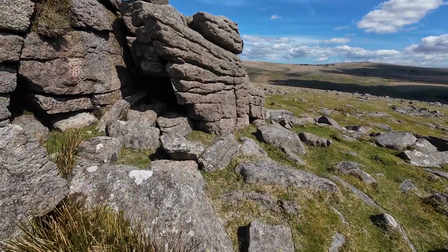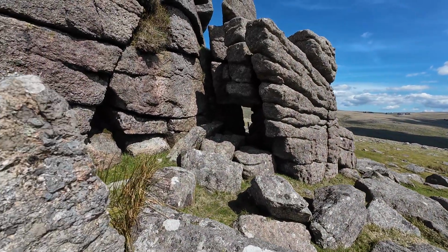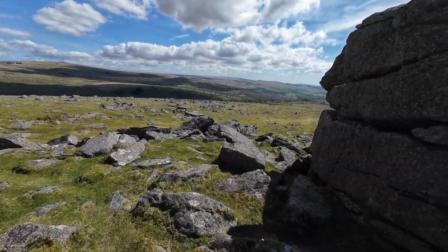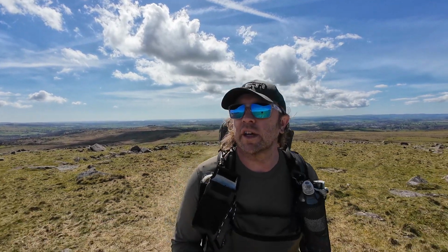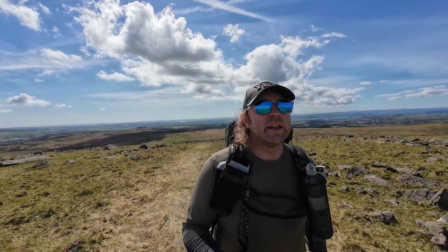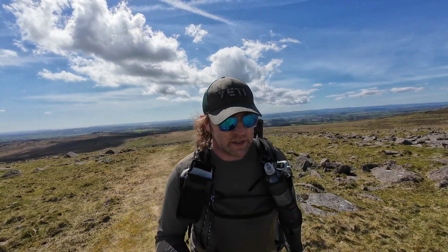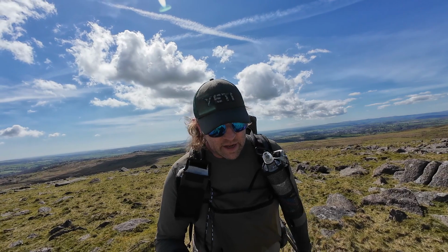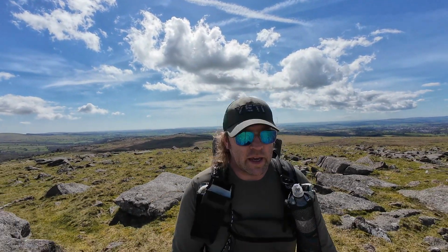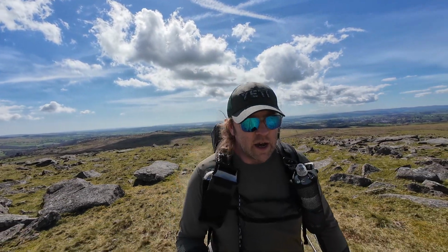Oh, look at that. Little hole in the wall. Okay, so no sooner were we back on track, but we're off track again. Alright, well, back up the hill just a couple of metres and a little deviation to the right and off to the quarry. If we'd carried on going down that way, we could have got back, but we would have missed the quarry. But we would have seen